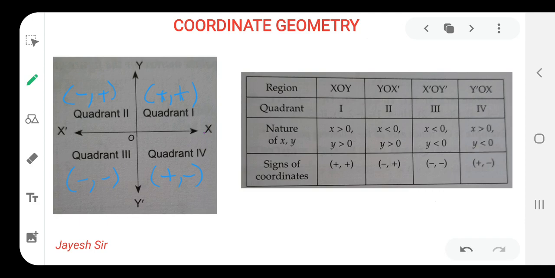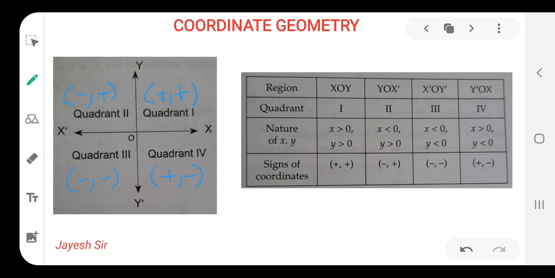Yes, here x is greater than 0, or the value of x should be more than 0. Yes friends, that means the value of x is plus, so it would be greater than 0. The same thing is written over here. And again the y coordinate is also plus, so it should also be greater than 0. That is the same thing written over here: the values of x and y would be greater than 0 in quadrant 1, which we have understood. And the sign of the coordinates is written over here, which I have already written. I hope you all are getting it now.